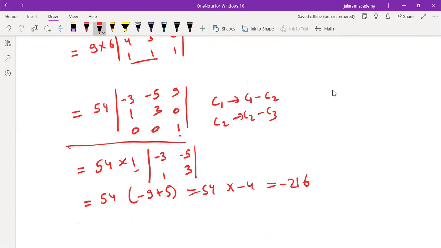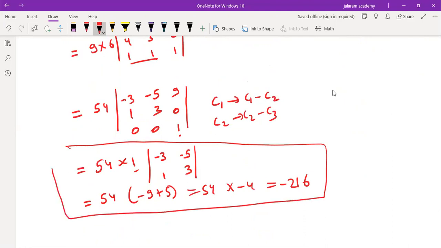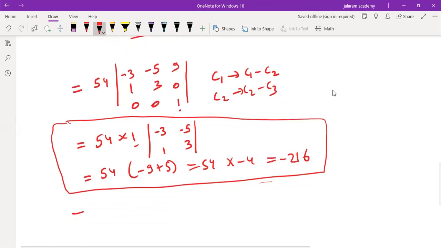And now what I am going to discuss is that we have to make either a lower triangular matrix or an upper triangular matrix, so that we can use the property that if all the elements below the principal diagonal are 0, the value of the determinant can be obtained by multiplying the elements of the diagonal only. Though it can be solved with this method also, this method is very important when we change it to a lower or upper triangular matrix. How to change it? For this, we have to make an L of zeros. L of zeros means L, like this or like this.